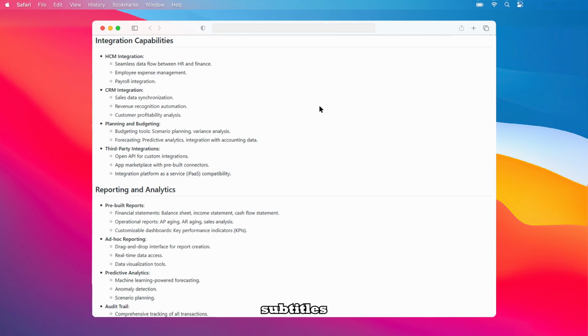Let's discuss reporting and analytics. We'll start with pre-built reports that include financial statements such as the balance sheet, income statement, and cash flow statement. There are also operational reports like AP aging, AR aging, and sales analysis, all presented within customizable dashboards with key